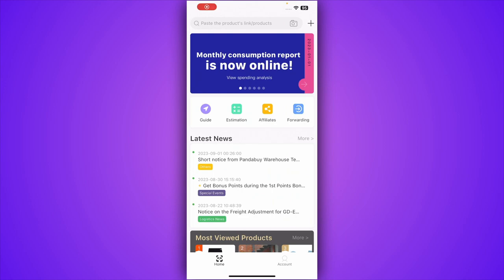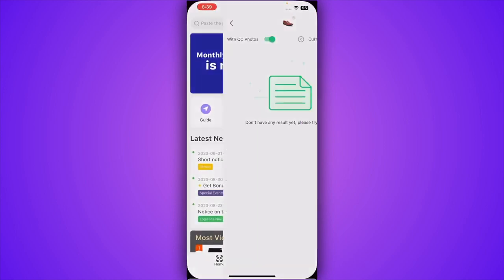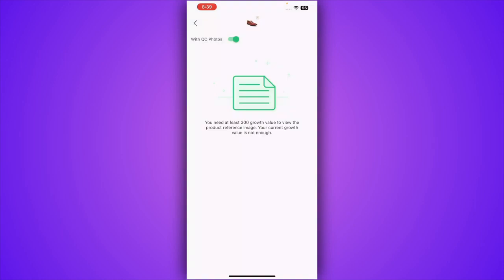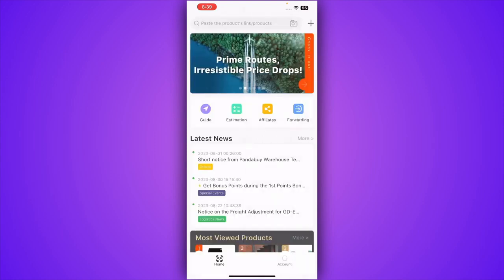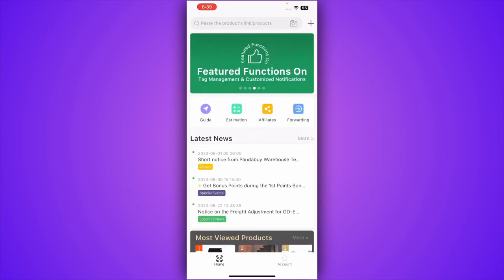Now if I open up my Pandabuy, tap on album and select that picture, as you can see, you need at least 300 growth value to view the product reference image. Your current growth value is not enough. If you are an experienced user, or if you become an experienced user in the future, you can use this particular feature. So that was the basics of how you can use